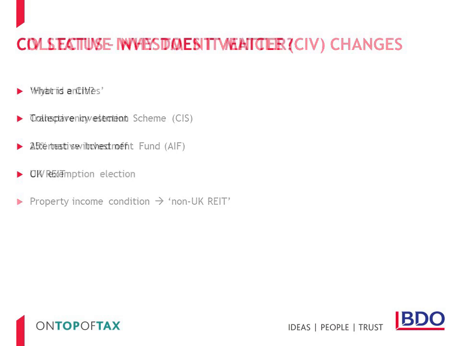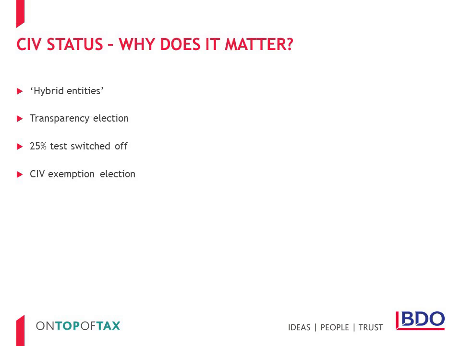We now come on to an explanation of why these rules matter. The CIV rules, as noted above, provide a number of modifications to the general capital gains rules concerning the taxation of UK real estate. The first modification concerns so-called hybrid entities. These are entities such as property unit trusts, which are treated as transparent for the purposes of tax on income, but have historically been treated as companies for capital gains purposes. Historically, the fact that property unit trusts were treated as companies for capital gains purposes was largely irrelevant, as the UK would not ordinarily tax capital gains on the disposal of assets by non-residents.